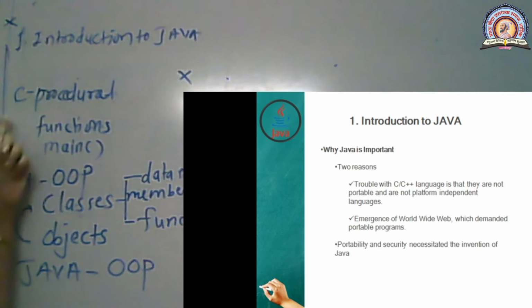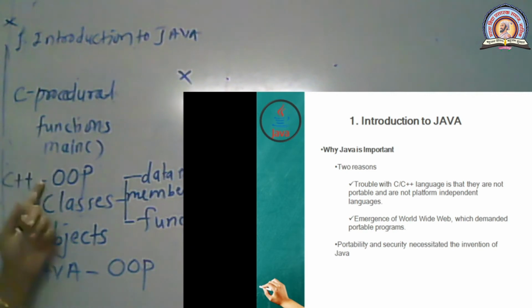When any C program or C++ program is to be executed, first of all, it is to be compiled. Why is there a need for compilation? Because we know that C and C++ are high-level programming languages which can be understood by humans only.